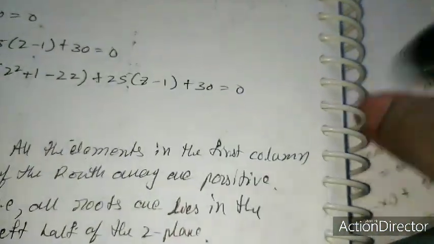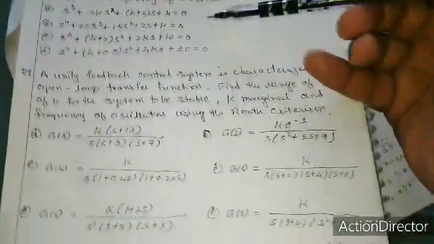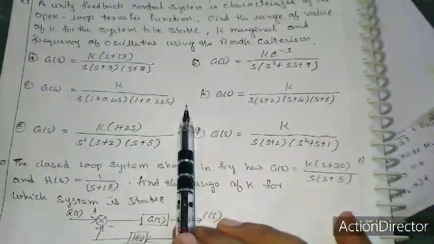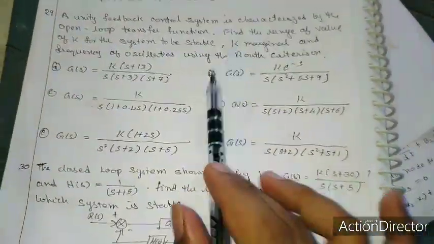From this, your third module is completely done. So please try to do the assignment problems which I gave you. Please do all the problems starting from problem number 26. This is also testing the stability. This is finding the k values, and they are given g of s. You have to find the closed loop transfer function and the characteristic equation, then apply the values and find the marginal and critical values of k for these problems. And this one they give as a block diagram. You have to simplify it and get the values.